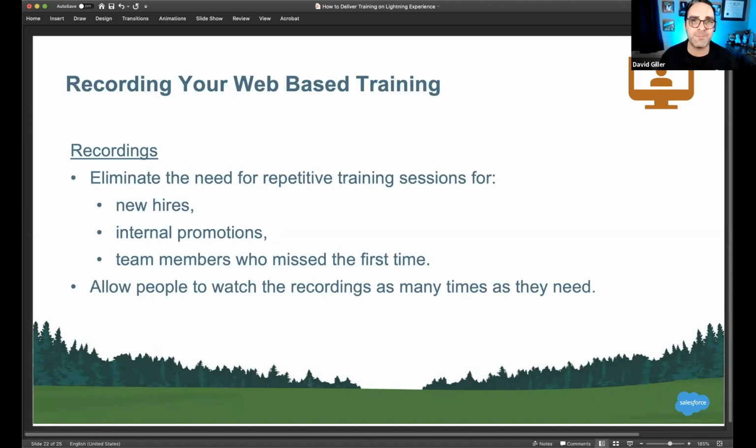By the way, you just put the links directly in Salesforce. You create a rich text component. You put it directly on the homepage, or even better, you can use the new in-app guidance functionality, where you can put the recording directly in the help menu directly in Salesforce. And if you're asking where the recordings go,